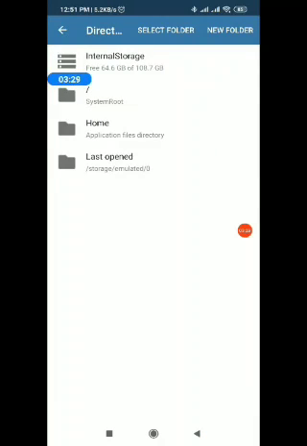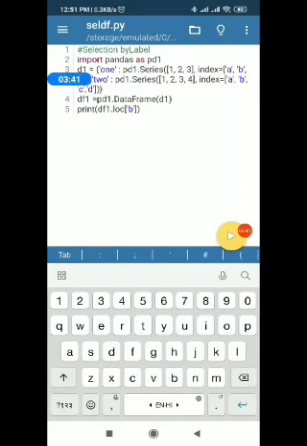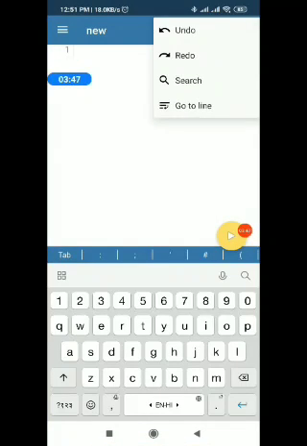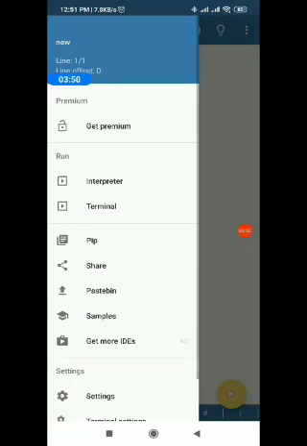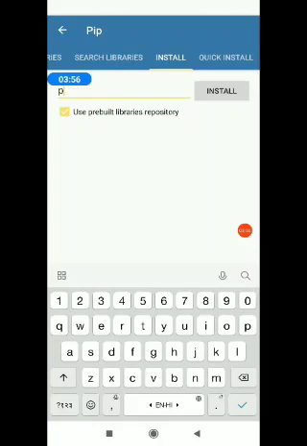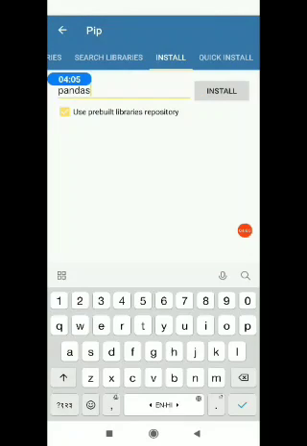Click on save, select folder. I am writing select df. Okay, and now I am returning to Pydroid, where I am going to the pip folder, and here I am writing pandas. Okay, it is showing use pre-built libraries repository.